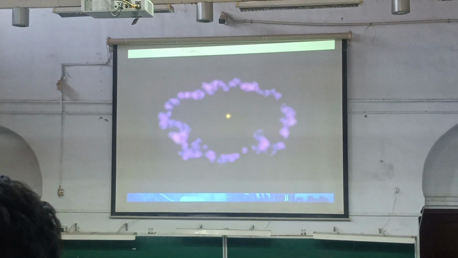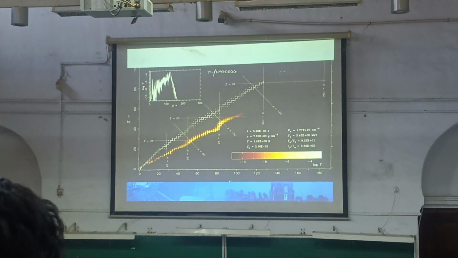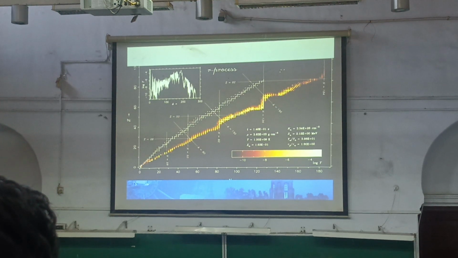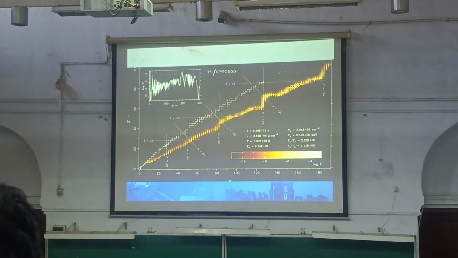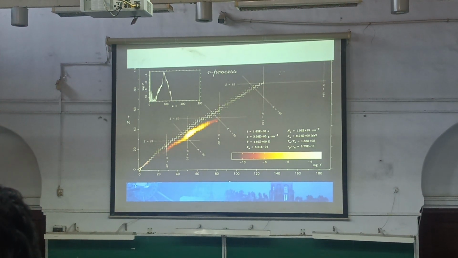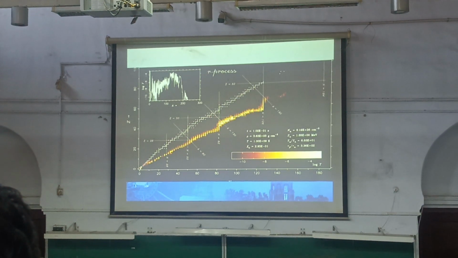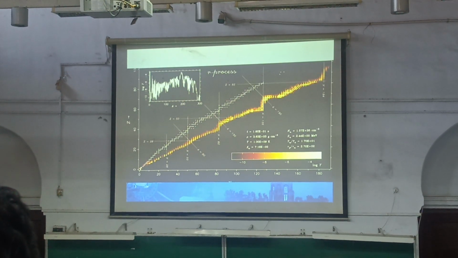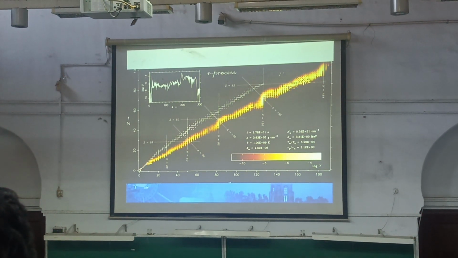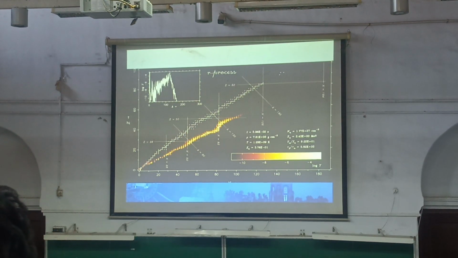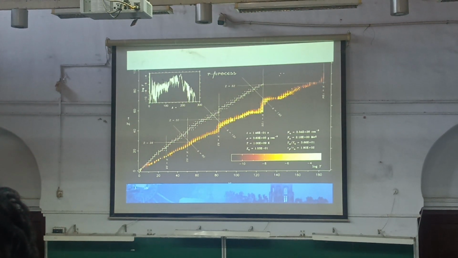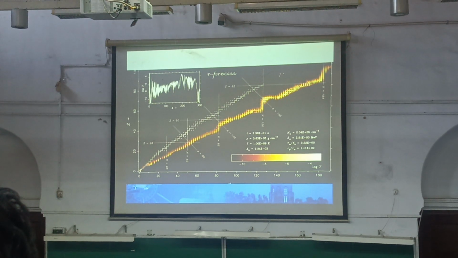So this is an example. This is a bit fast, so I'll go slow. But you see this, okay, in this picture, the white lines that you see are the stable nuclei. That's what we see. There are about 300 of them total. And I told you that nothing forms beyond 28 or something like that.